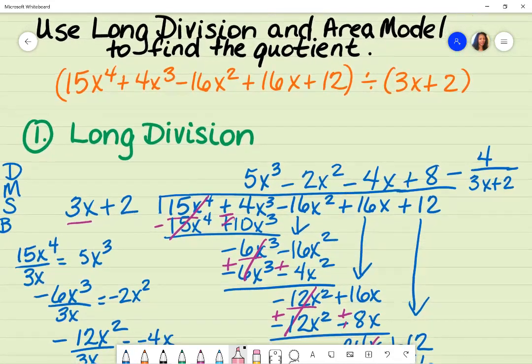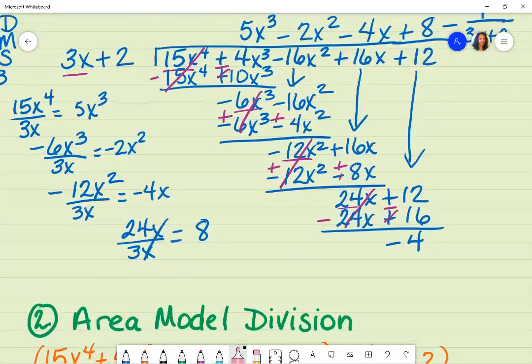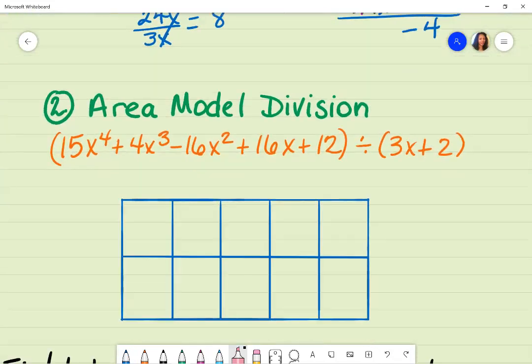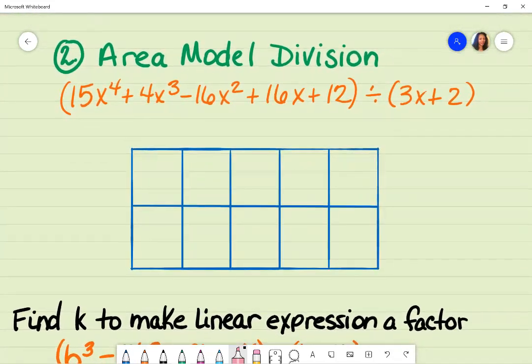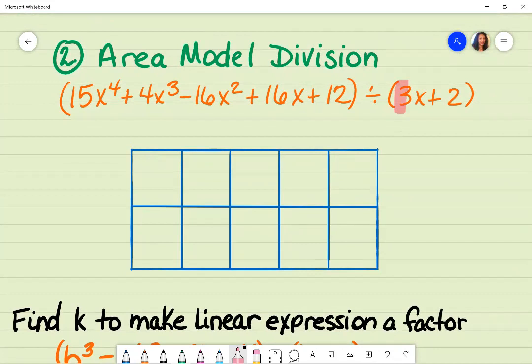So let's try the area model method, which we still are using as long division, because if your leading coefficient is greater than 1, you can't use synthetic division. Well, we're not going to use synthetic division. That's what I'll say. All right, so my divisor is going to go vertically, 3x plus 2. Then I go to my first term of my dividend, and that is going to go in my first box,